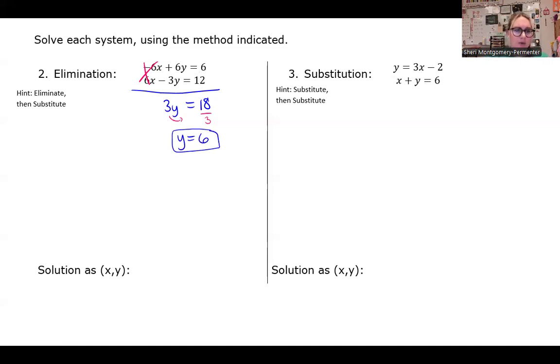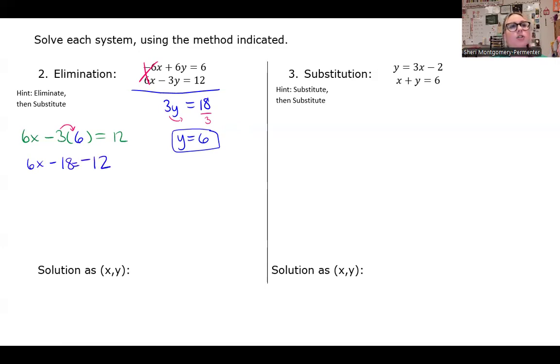So plugging into the bottom one, if I write this and leave myself a space for y, I get 6x minus 3, space for y, equals 12. And then y equals, which we just figured out, is 6. So I took this and I'm plugging it right into this equation, leaving myself a space. So I've got to distribute right here. So I get 6x, 6 times 3 is 18